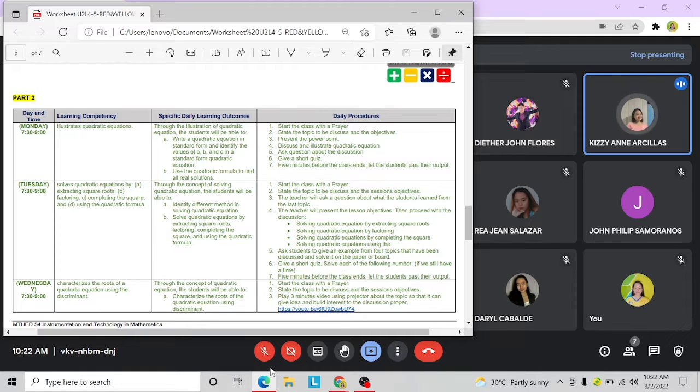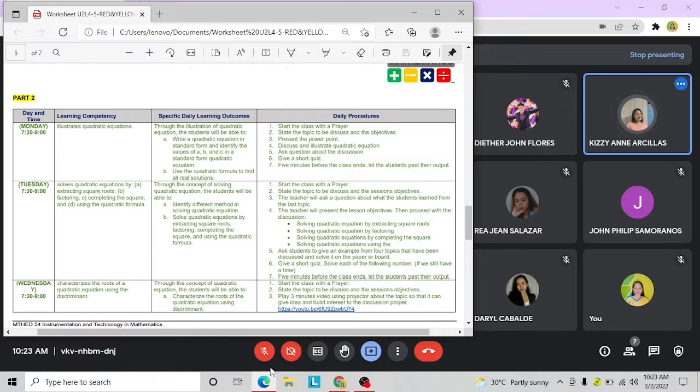The second day we have Tuesday, the same time as well. The learning competency is to solve quadratic equations by first extracting square roots, second is factoring, third is completing the square, and the last one is using the quadratic formula. For the specific daily learning outcomes, through the concept of solving quadratic equations, the students will be able to first identify different methods in solving quadratic equations. And the second one is to solve quadratic equations by extracting square roots, factoring, completing the square, and using the